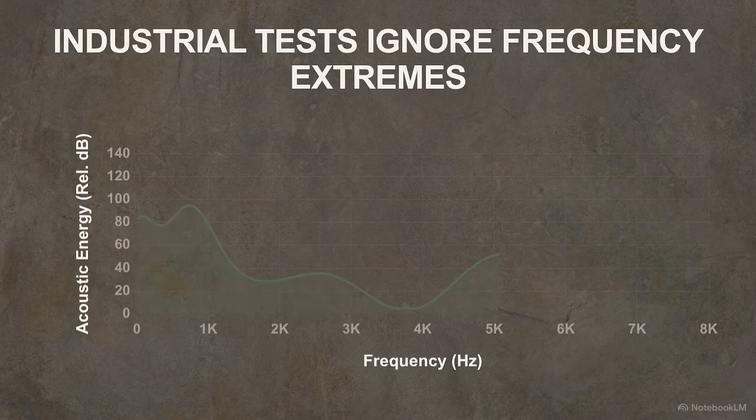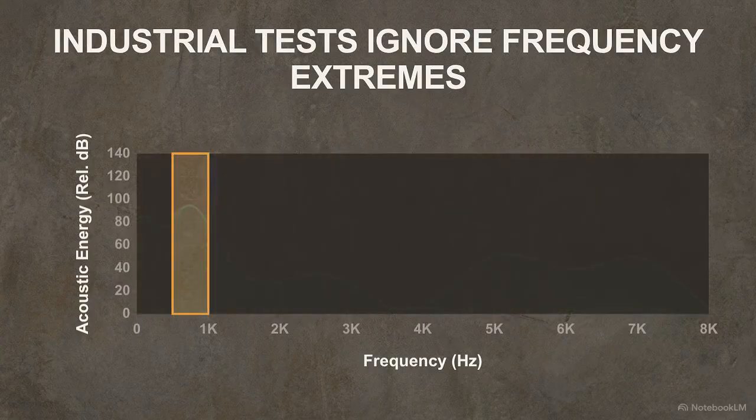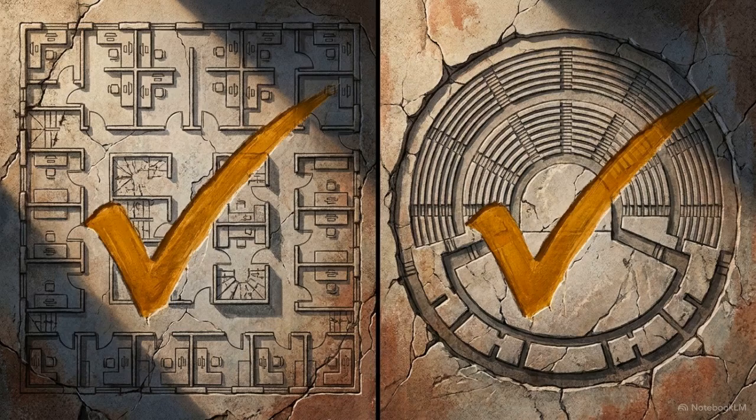These tests prioritize the mid-band frequencies, typically averaging the data exclusively between 500 and 1000 Hz. This happens to be the frequency range most likely to cause hearing damage in a modern workplace. By averaging out spatial variations and ignoring extreme high and low frequencies, acousticians can efficiently evaluate and tune uniform architectural